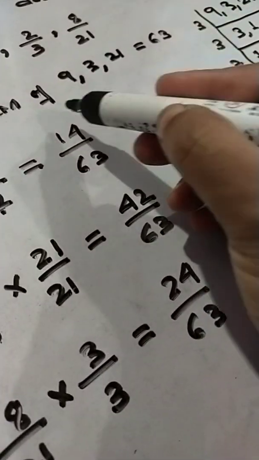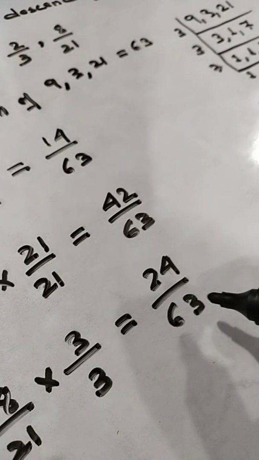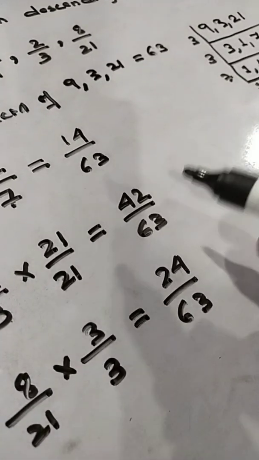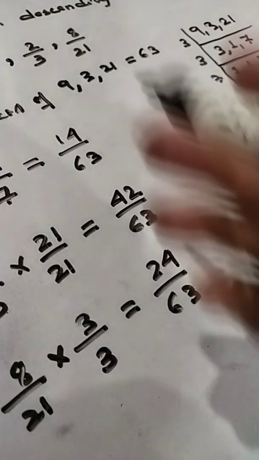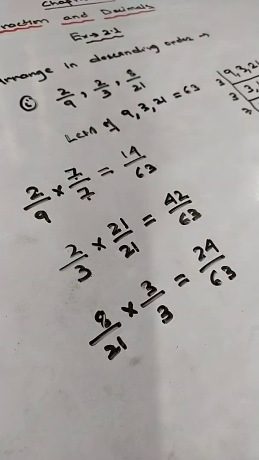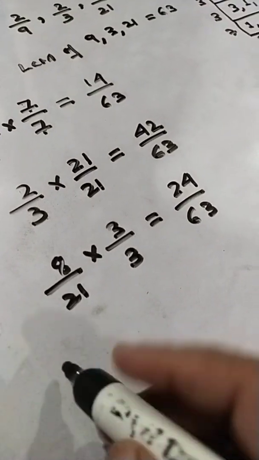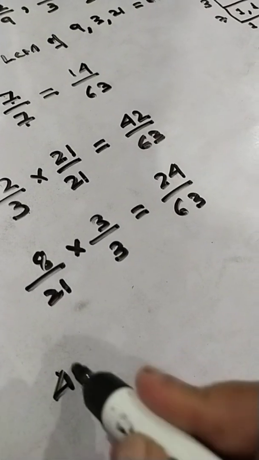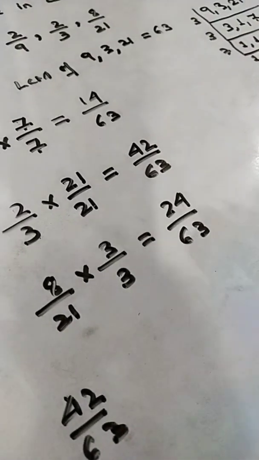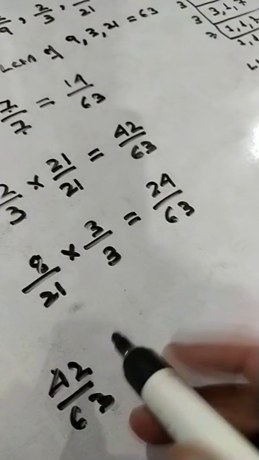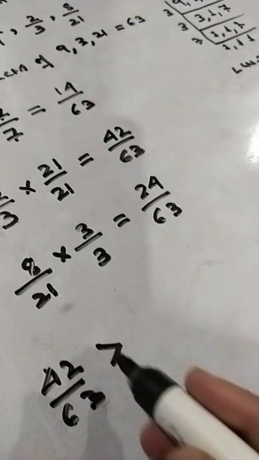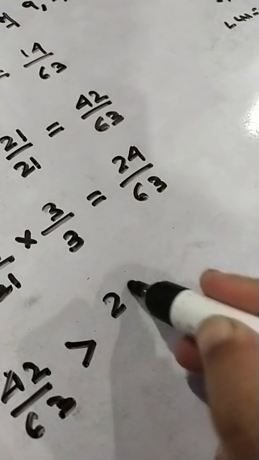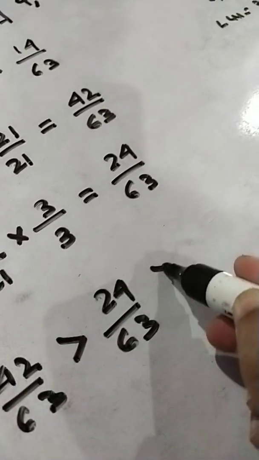Now, as all the fractions carry the same denominator, it becomes much easier to analyze which is the greatest fraction and which is the smallest. Accordingly we'll arrange all the fractions in descending order. The greatest fraction is 42 by 63, since in descending order we take the largest first. Then we give the greater than sign. The next greatest is 24 by 63, and the smallest among them is